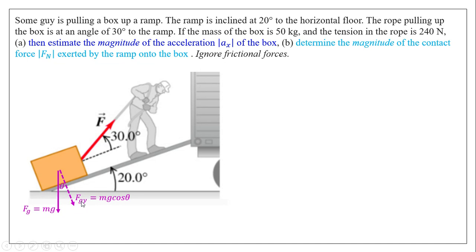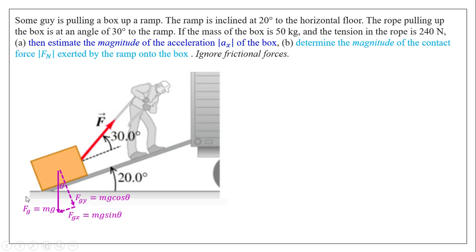Okay. This component F of Gy is mg cosine theta. It's cosine because, once again, relative to this angle touching the weight, it is the adjacent leg, and adjacent is cosine in mathematics. Here, the other component of F of G is F of Gx, and F of Gx is our sine because relative to this particular angle, it is opposite. So therefore, it's mg sine theta, sine being opposite over hypotenuse. And our hypotenuse in this case would be F of G, because F of G now lies in between the